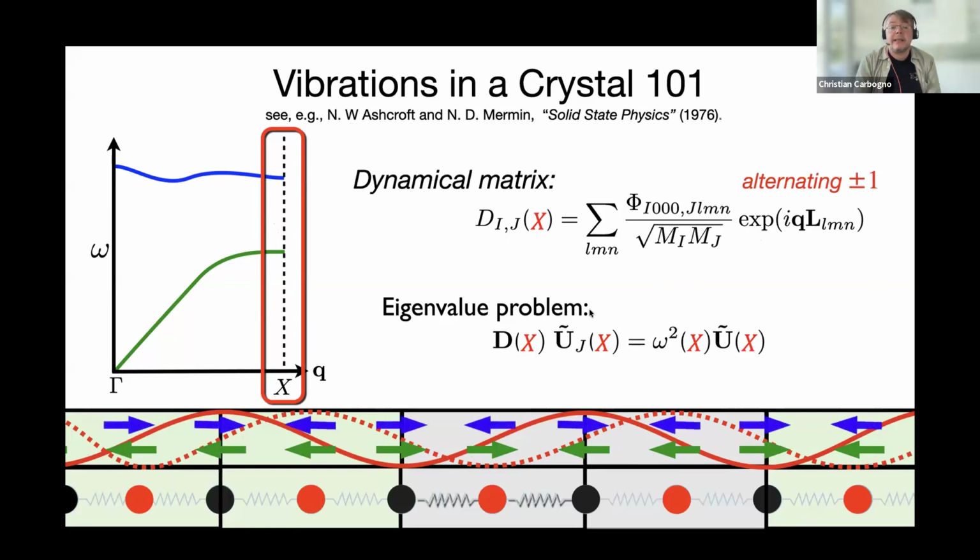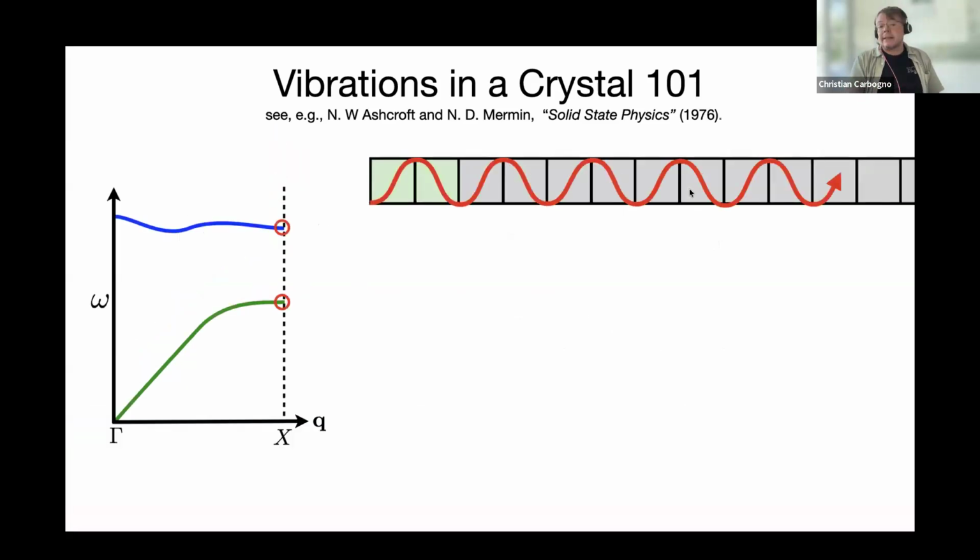And you see the exact same behavior here for the optical modes. Now, in that case, we have the exact same motion in the original unit cell as we had before, but now the adjacent unit cell has exactly switched motion. So now it goes in the other direction. Here, the change is not so drastic. So what you actually see is that the optical modes behave very similarly and have similar frequencies as they had at gamma.